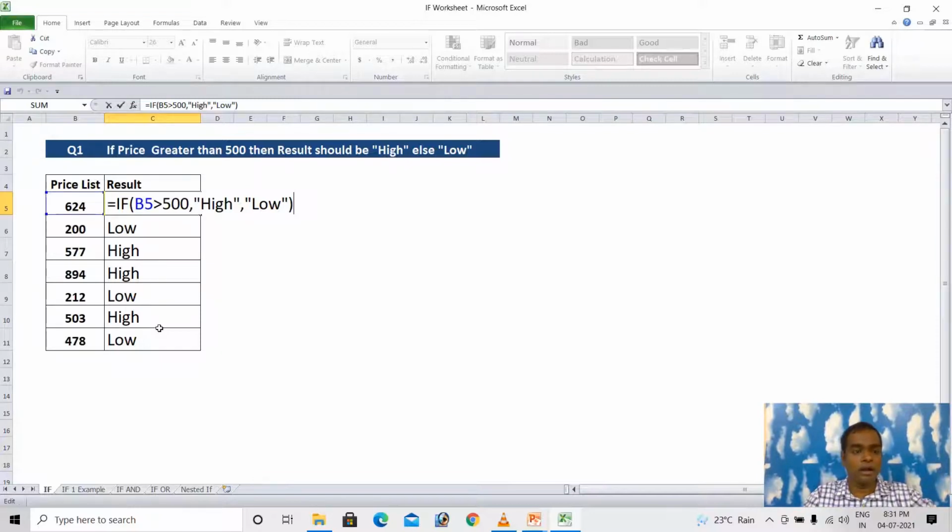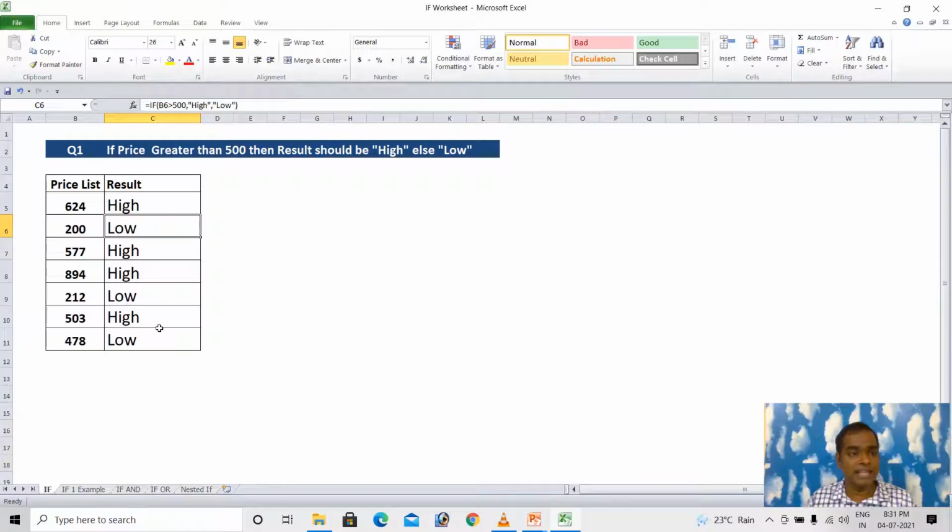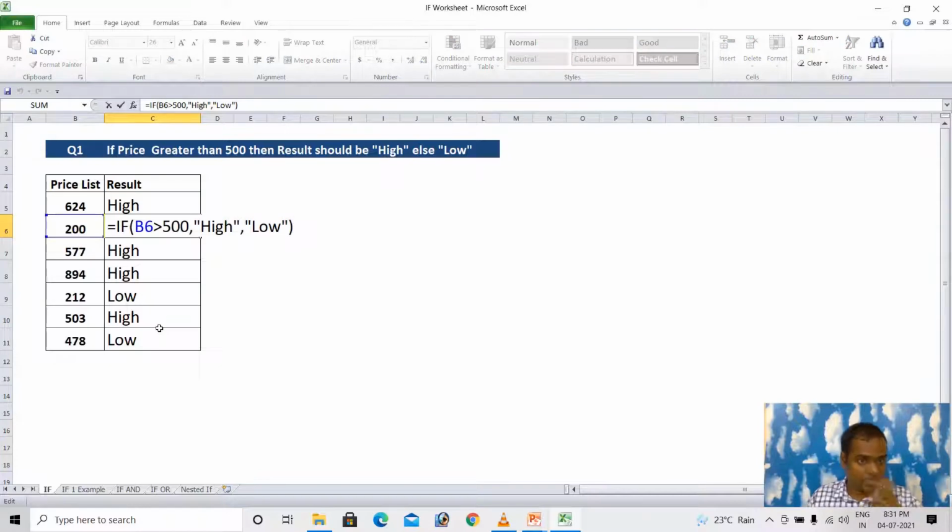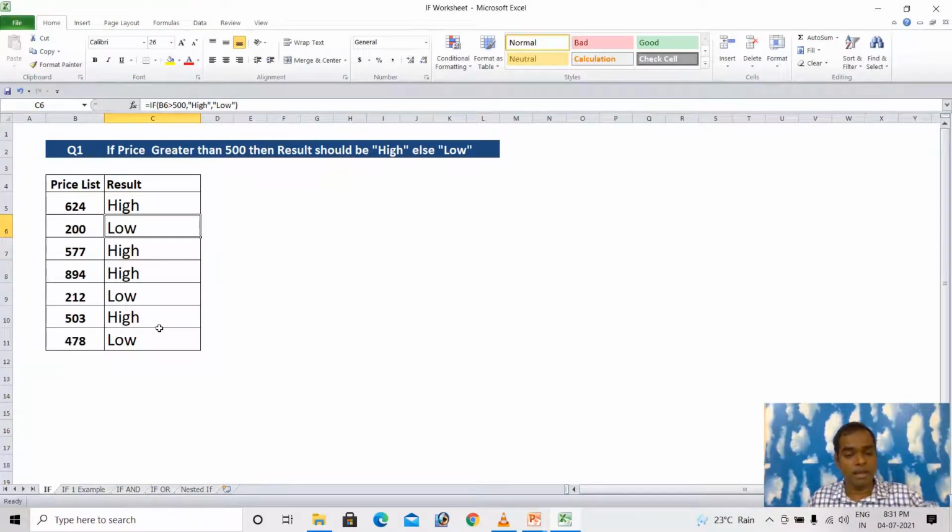If you look at the other cell, cell C6, it's showing low. Why? If B6 is greater than 500, here it's checking the condition. No, 200 is not greater than 500, so that's the reason it is giving the value low. If you evaluate this formula, press Alt T U F,